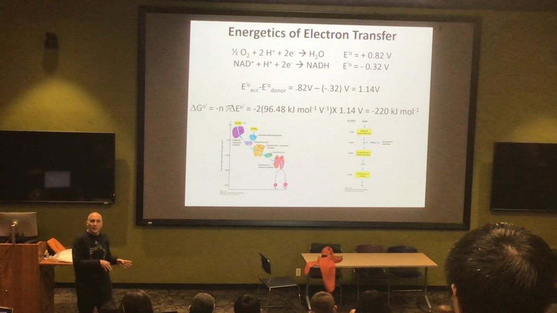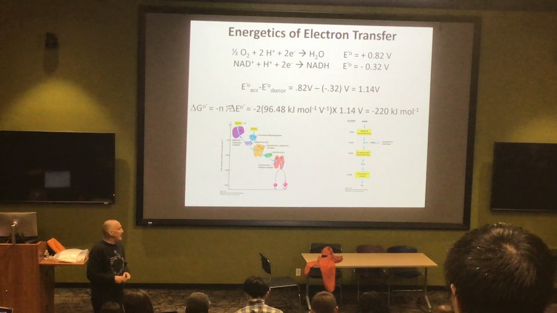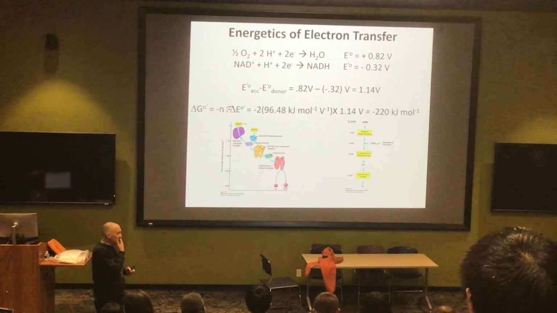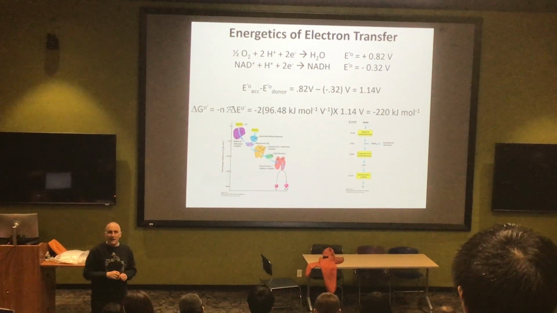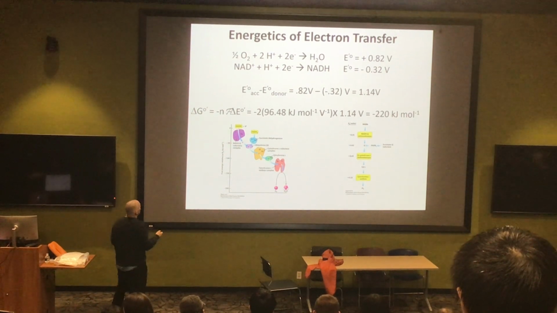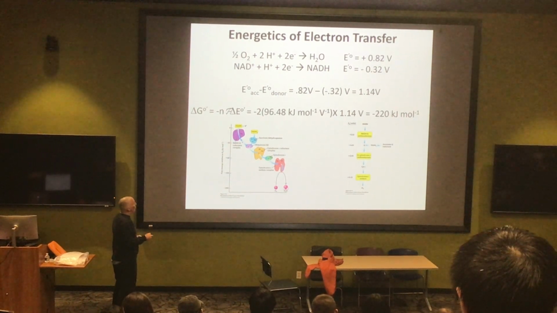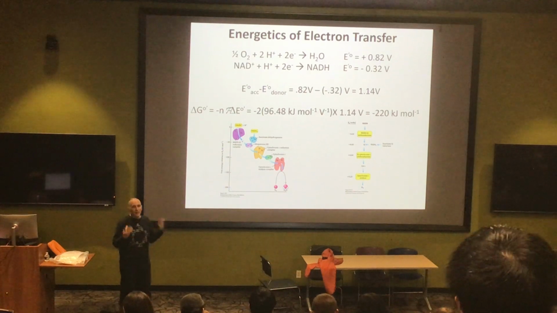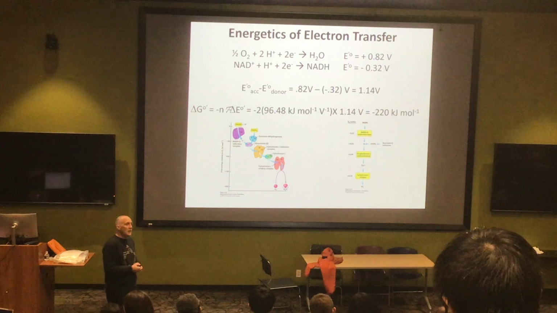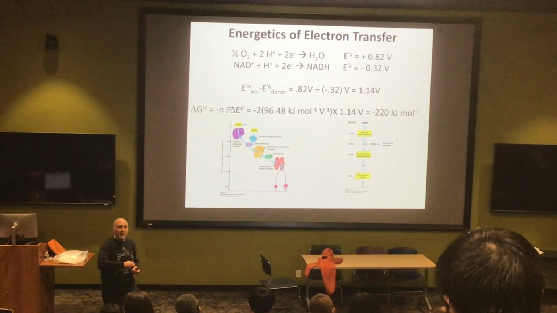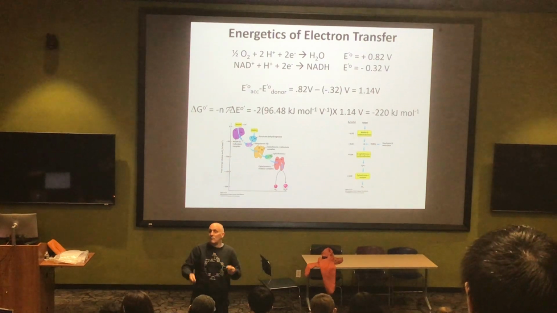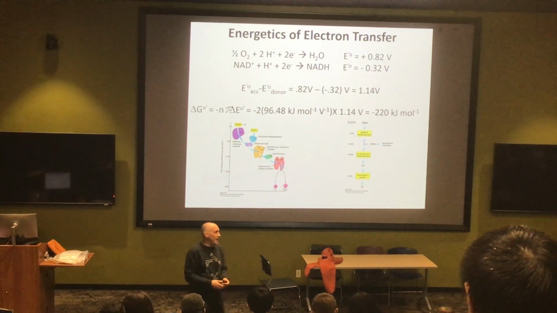But again, to reiterate the point made earlier, it's not a great idea to try to dump all that energy, or all those electrons, directly onto oxygen. That would not be a very efficient process, and so we're going to do it stepwise. We're going to do so by transferring those electrons gradually down what we call a series of complexes. These complexes are membrane protein complexes that have cofactors associated with them that can accept the electrons, and they're going to gradually move down their electrical potential and in turn convert some of that energy into a form that can be used to make ATP.